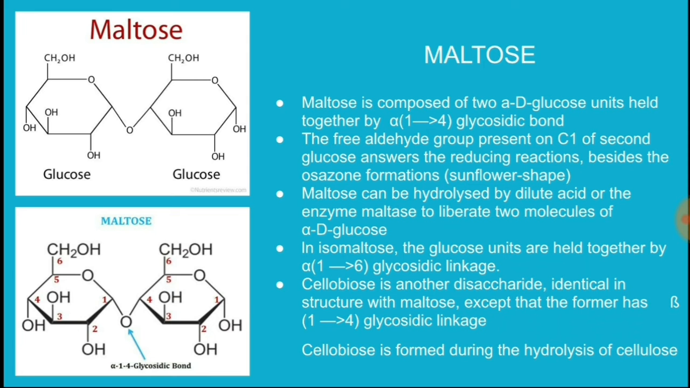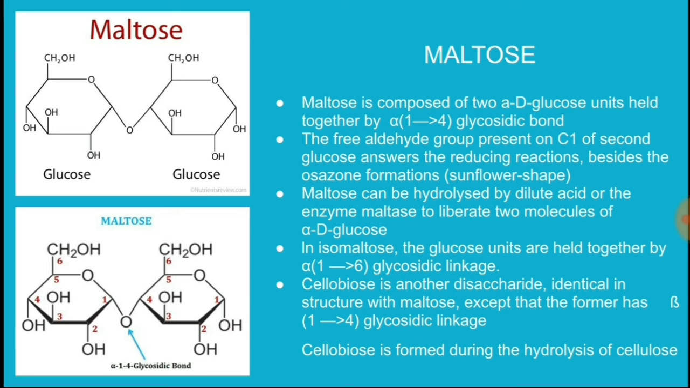In the image I have represented, you can see in the second image there is a glycosidic bond between the C1 carbon of alpha D glucose and the C4 carbon of the second alpha D glucose unit. So there is a bond formation between C1 and C4 of two alpha D glucose units. Okay, so that is called maltose. Now we'll read out the points. Maltose is composed of two alpha D glucose units held together by an alpha 1 to 4 glycosidic bond,